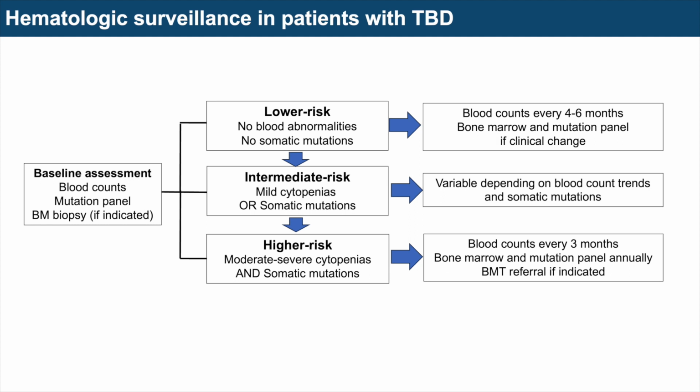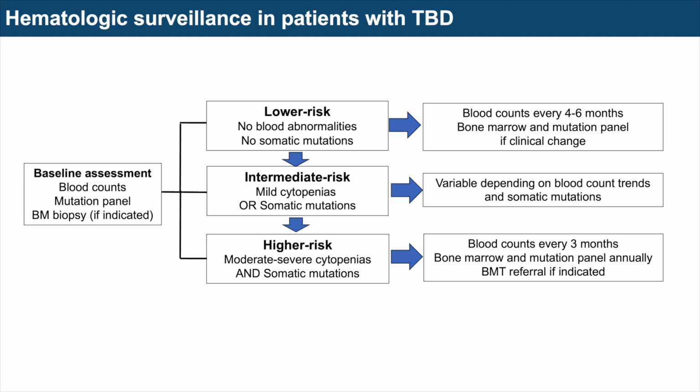So I wanted to take a second and explain exactly how do we use this information? How can we use the composite information of blood counts, of bone marrow biopsy, as well as the next generation sequencing, the DNA sequencing, that can help us risk stratify our patients? At a baseline, what we do is we always check for new patients their blood counts. I do a somatic or NGS mutation panel to understand if those changes are present, and then also a diagnostic bone marrow biopsy. And what exactly are we looking for?